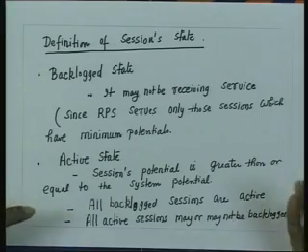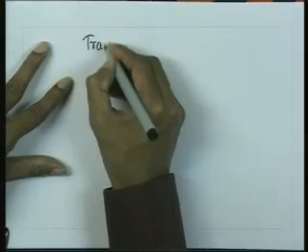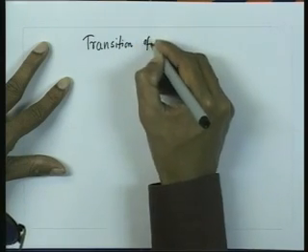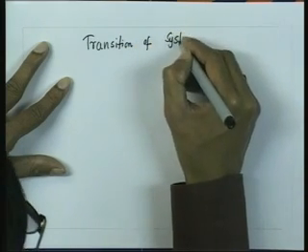And then we have the non-backlogged state, and in the non-backlogged state the queue is empty, which is the idle state. So let us see how the transition of these backlogged to active state and active to backlogged state will take place. Okay, so let me just draw the various transitions of system state.